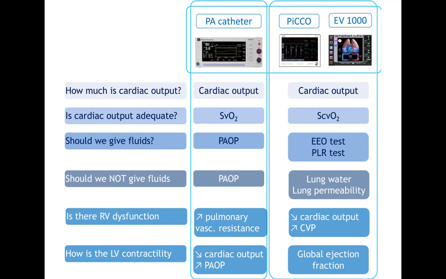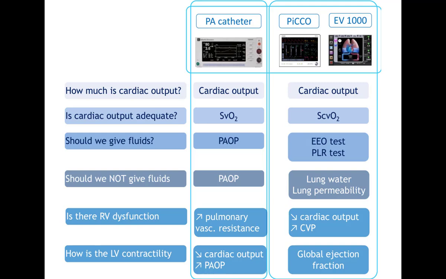Every kind of fluid bolus or fluid challenge should be given with continuous cardiac output monitoring. You agree with that? And the continuous cardiac output monitoring is possible with these kinds of devices, which tells you that after doing this dynamic test, a PLR or a respiratory occlusion test, what is the change in your cardiac output? Should we not give fluids? Here again a PAOP, very rough surrogate, saying that PAOP more than this much you should not give fluid. Here you have an objective figure, which tells you that if extravascular lung water is more than this, do not give fluids.